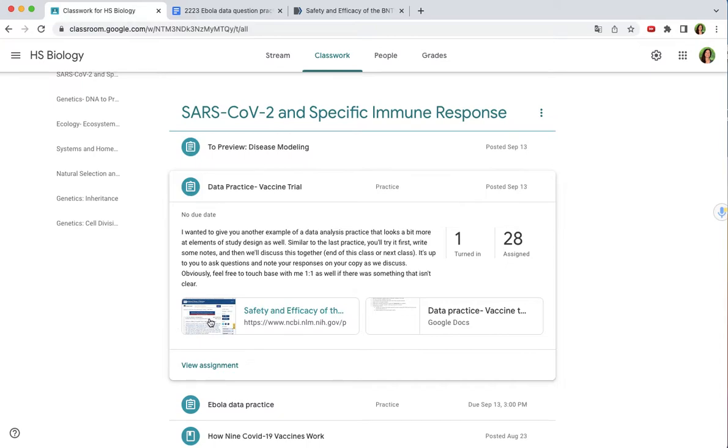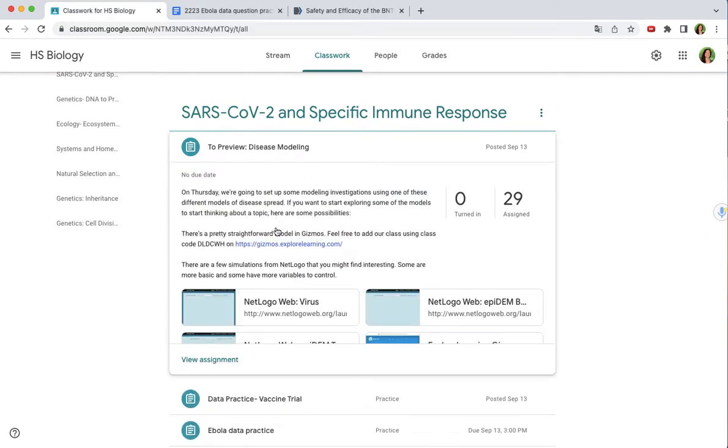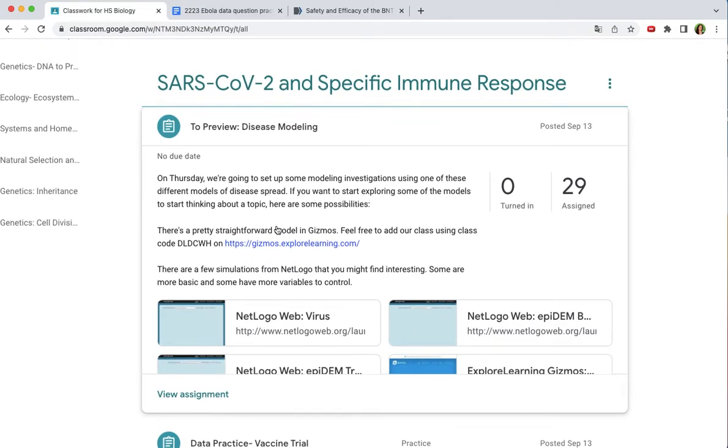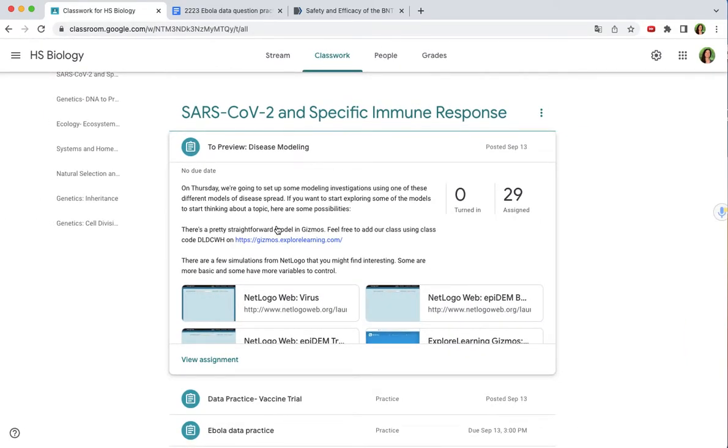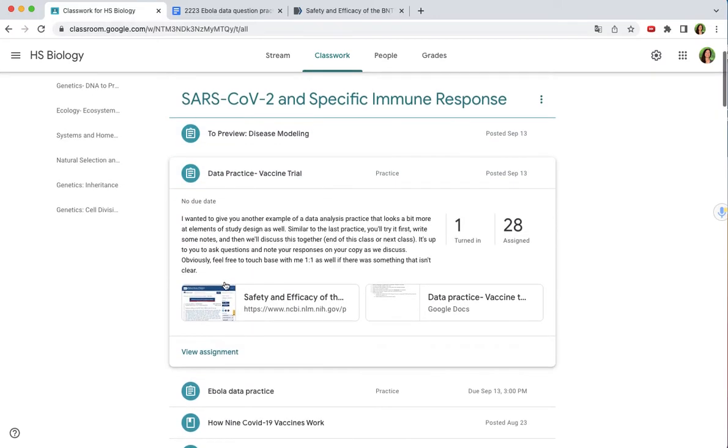And then it looks like most people haven't quite gotten to this. All three of these are about study design and looking at data. What you might start on today is coming up with your own question and testing something about disease modeling. You're going to try to collect data in a controlled way and then produce a graph and analyze the data. We're going to be working on that over a couple of classes, probably not past next week, but leading into next week. So this one is just another idea, but again related to vaccines, I would like people to understand, and I think a lot of people do,